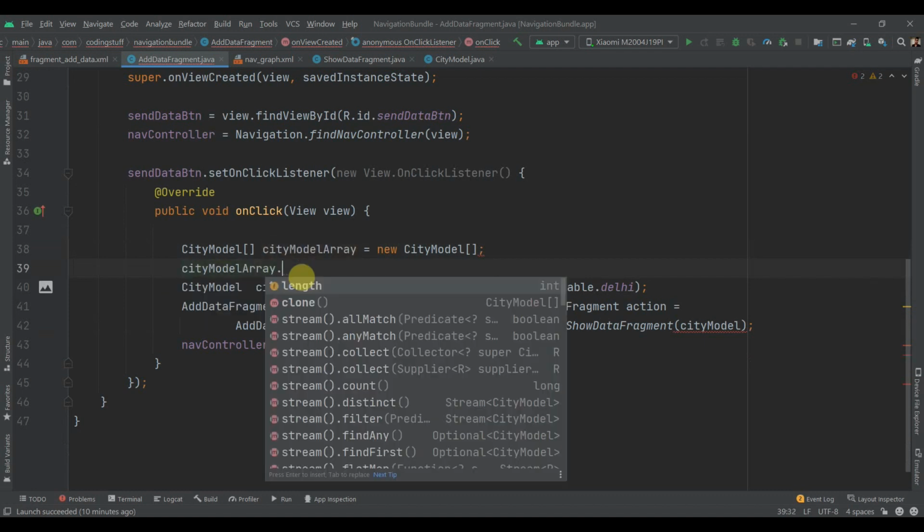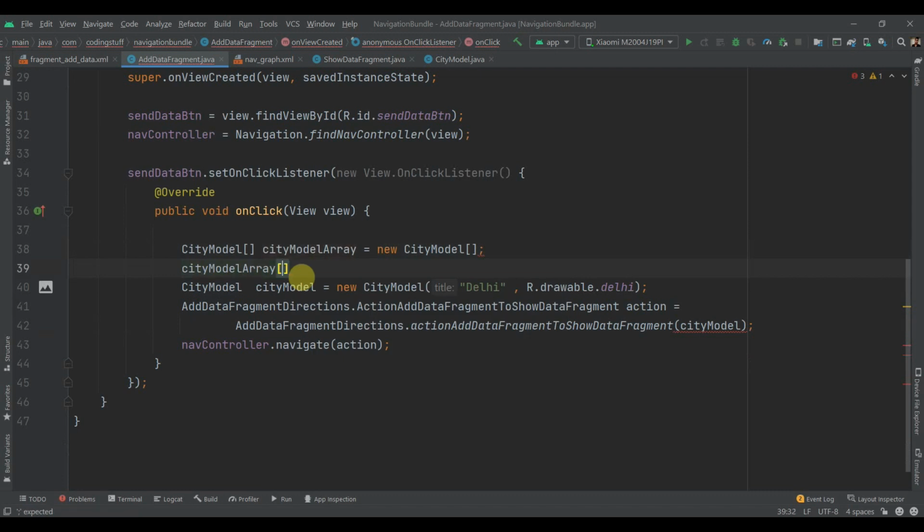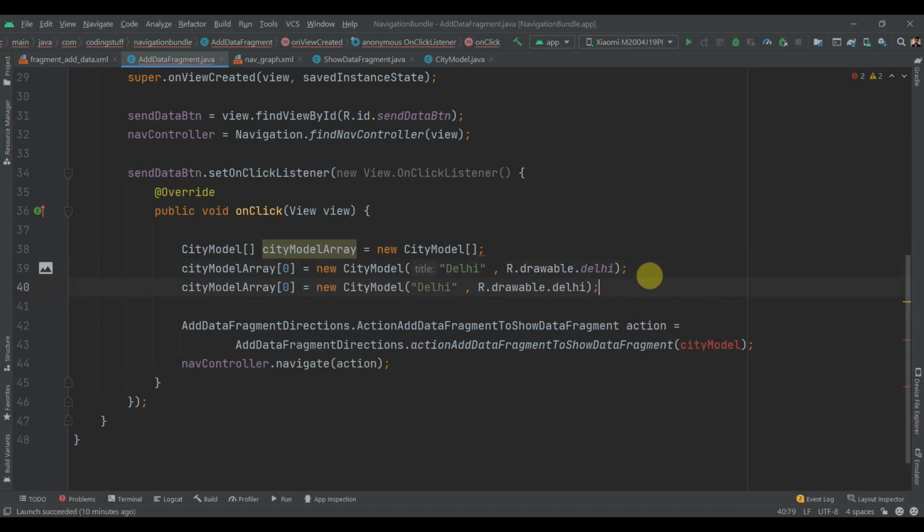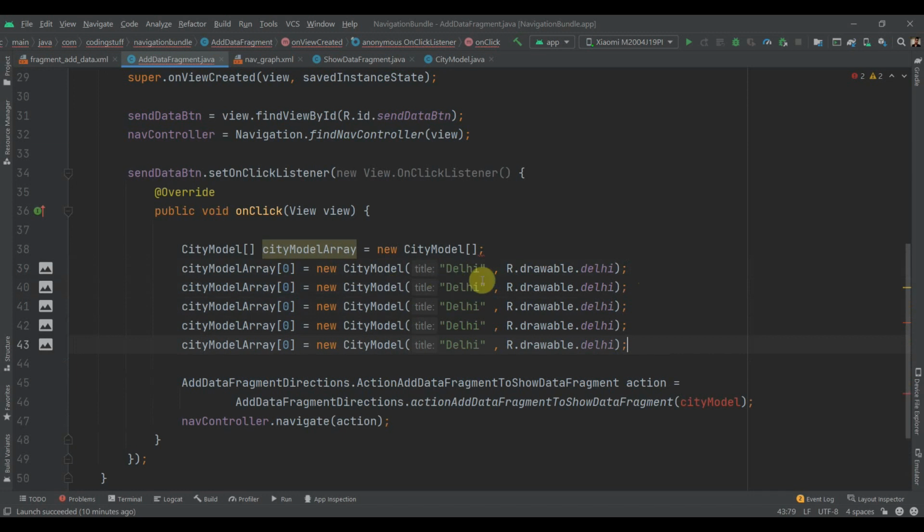So cityModelArray index 0 equals to, let's just copy this thing from here, paste it over here and semicolon, delete this and we'll duplicate this a few times. So I have images of Istanbul, Ladakh, Miami, and last one Mumbai.